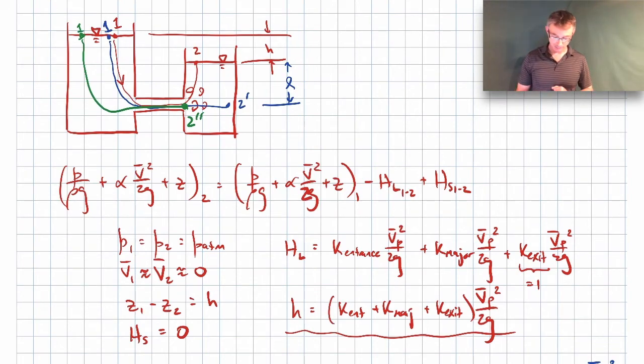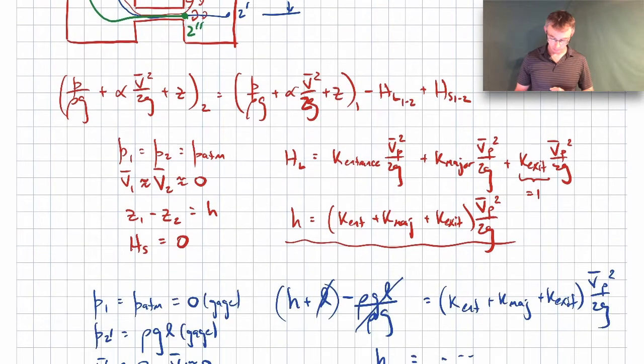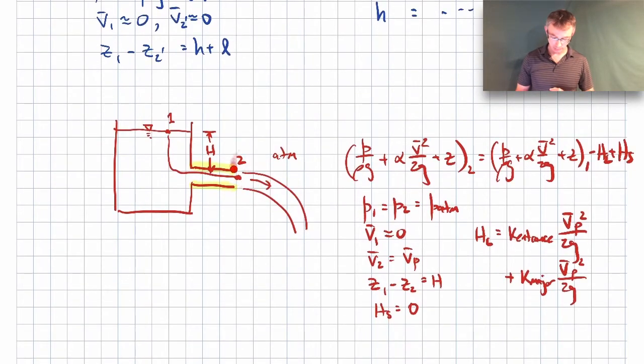But if we stop right at point 2 double prime, or down here at point 2, if we stop right at the exit, if we're right at the exit of the pipe here, we haven't dissipated any of that velocity. So there is no exit loss at this point. So our head loss term will just be what I've written there. There's only an entrance loss, and there's just a major loss. We have no exit loss. Even though we've come out of this pipe, there is no exit loss there because we haven't dissipated that kinetic